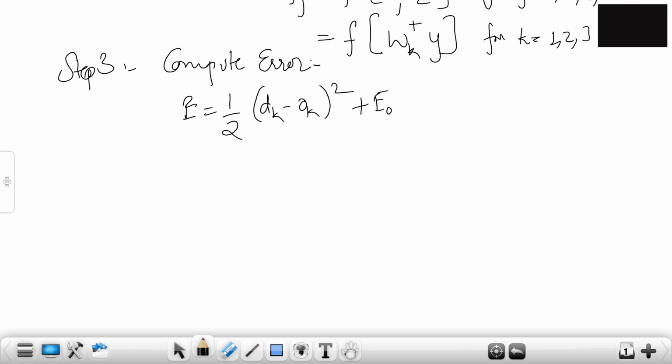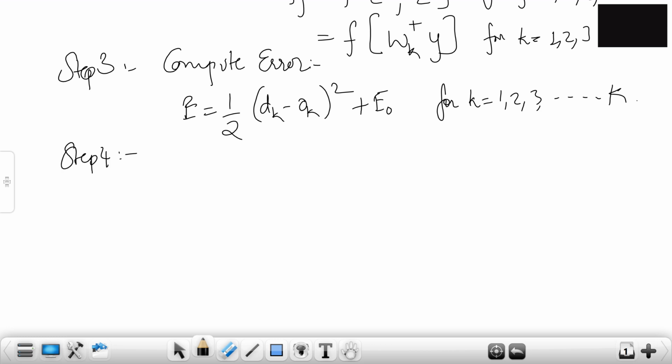E naught is the initial error value, which we have already taken as 0. That's the total error, for again k equals 1, 2, 3 up till capital K. So this is what we are going to calculate. Now the error signal vectors will come and then be given to the previous layers, so we're also going to calculate that in step 4.